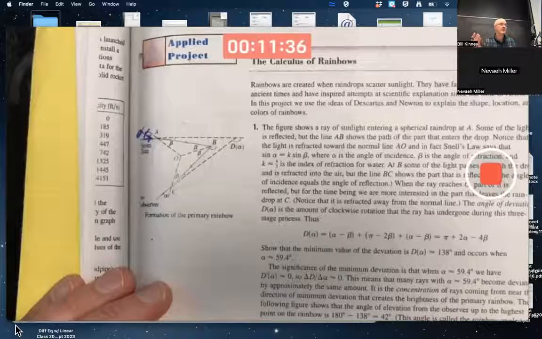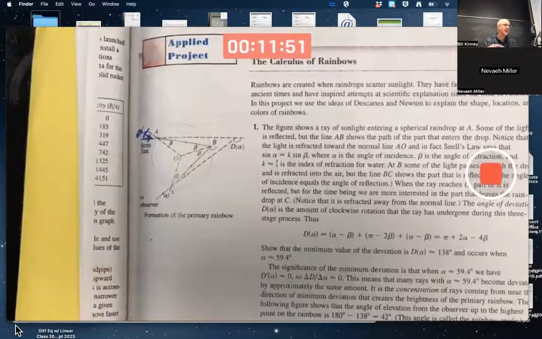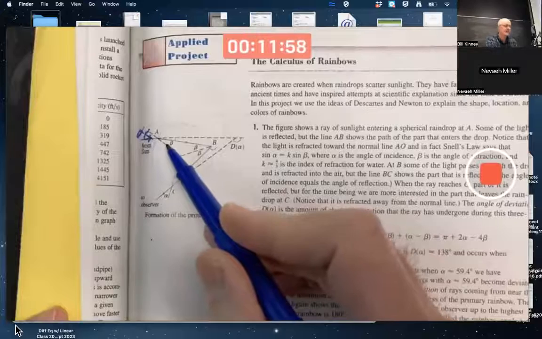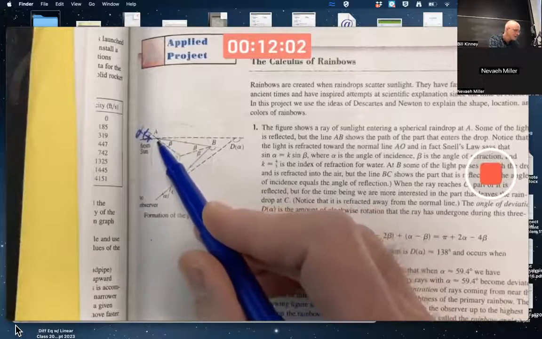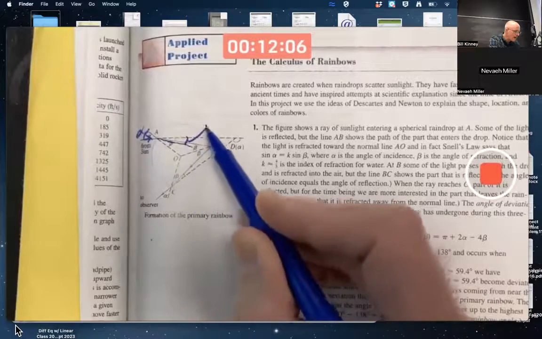does through air. I don't know if you ever knew that before, which sounds a little strange because you might also have learned that light travels at a constant speed. That actually is only in a vacuum, where it travels at a constant speed that we call c, the speed of light. When it travels through even air or through water, it slows down a little bit. And it slows down more in water than in air, and so it bends, for some reasons I won't get into. So it refracts, it bends once here, and this angle right there is alpha minus